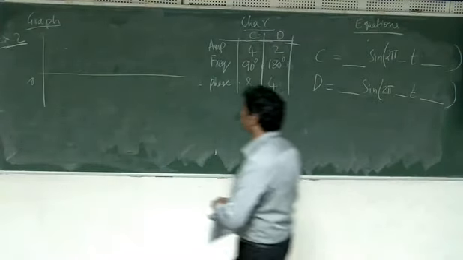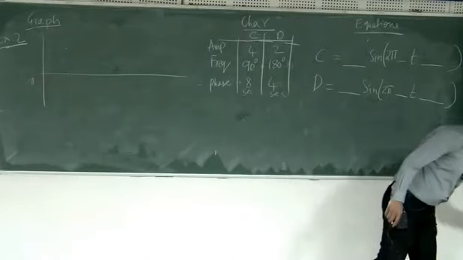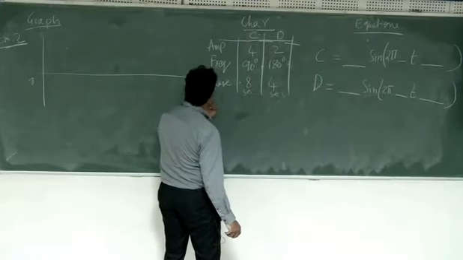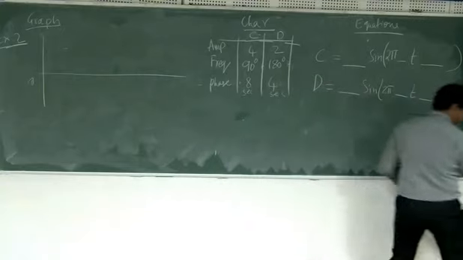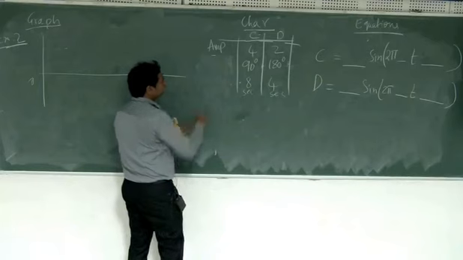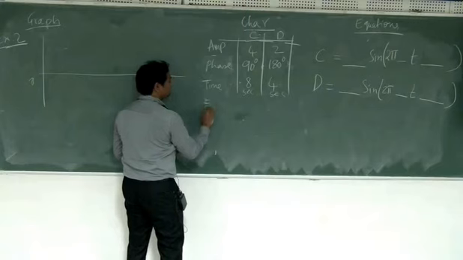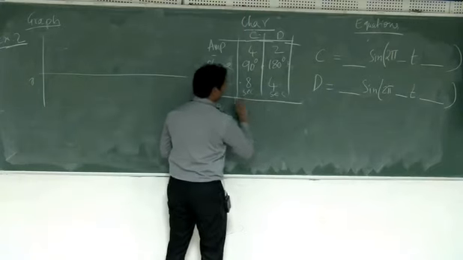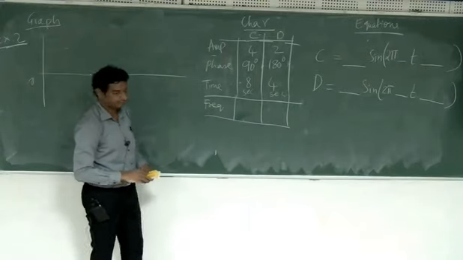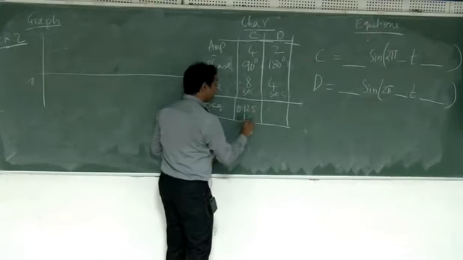Okay, let's do the second one. So we are calling C and D as this one. So first, what is the... Sorry, I wrote this wrong, I think. So this is phase, and this is time period. So what is frequency? What is the frequency of the C? The frequency is 1/8, so 0.125 hertz.